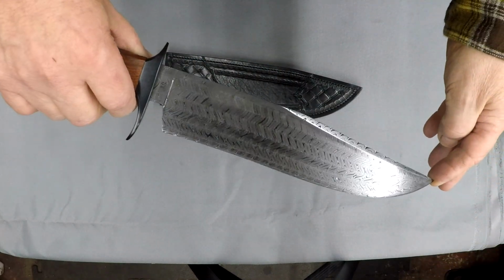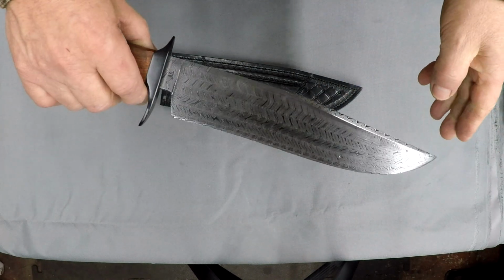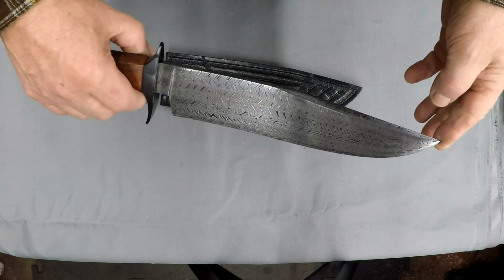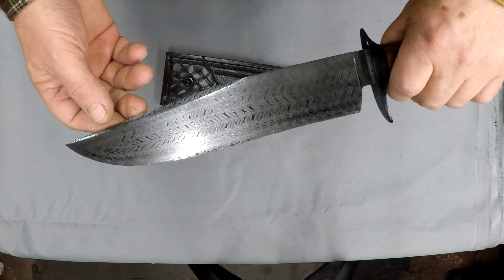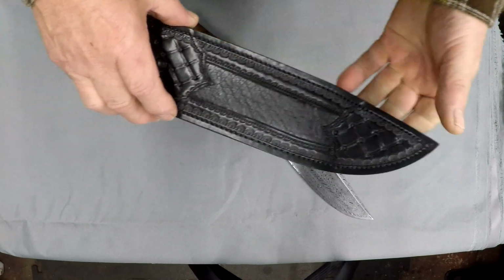It is movie time again, and I get to show a Bowie, and I need to thank, number one, the guy it's going to, Jacques. Appreciate your patience on this. Went through a couple obstacles to get the package done anyway, and part of that package was